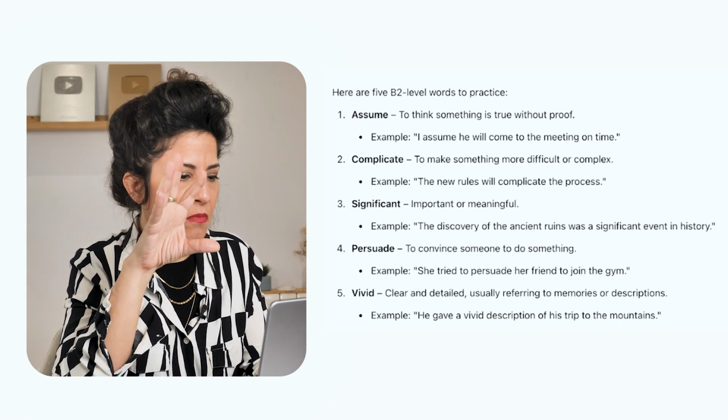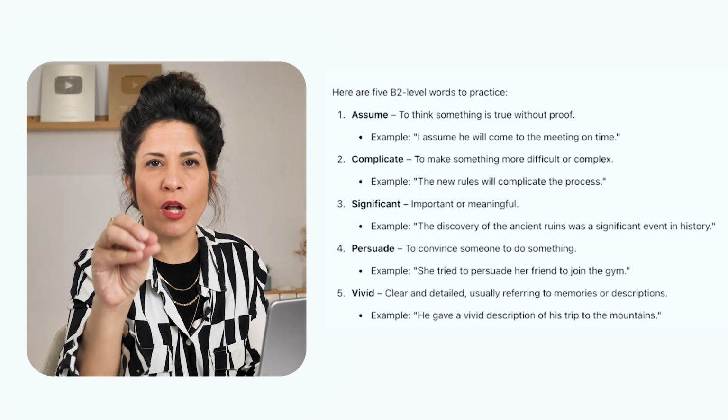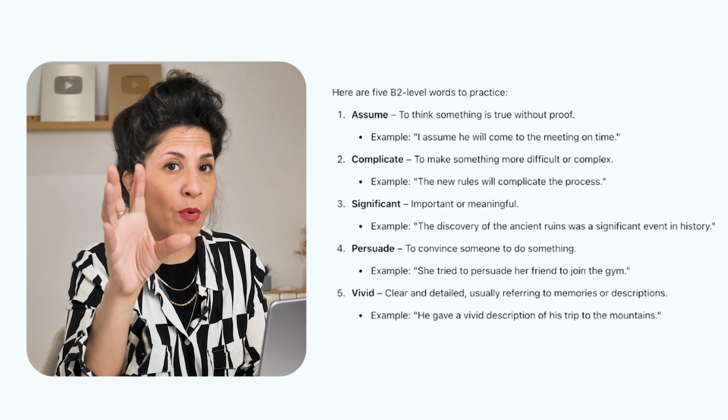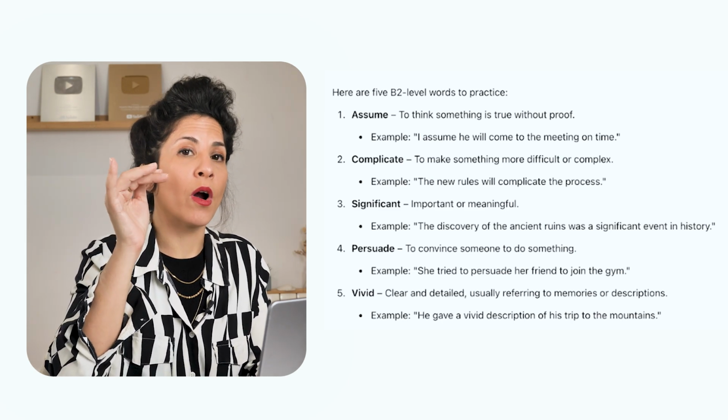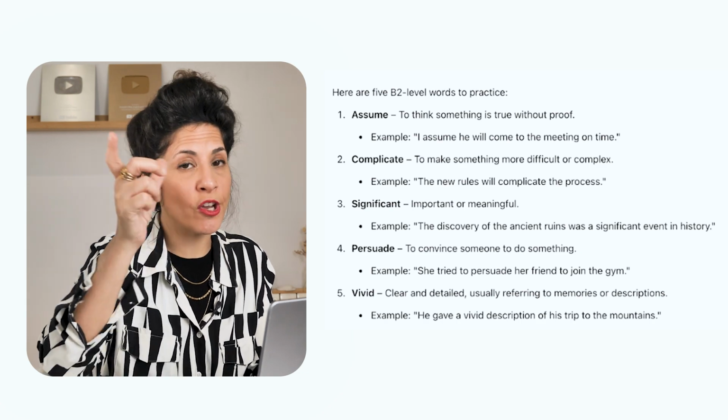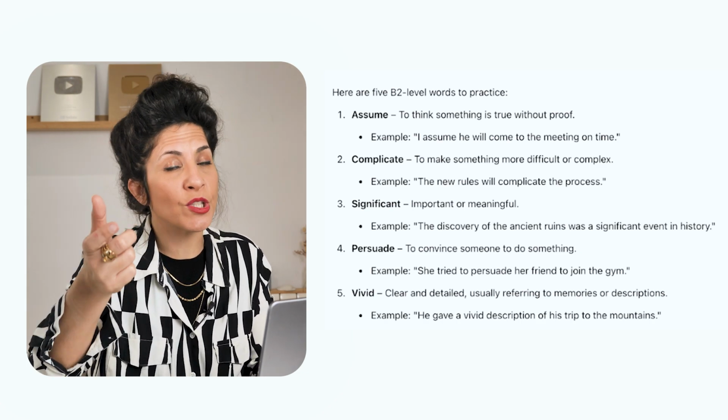So whatever the result was for you, again, remember, you can tweak it. You can ask it to make it more advanced, more basic, change the level, make it A2 level or C1 or C2. And one more thing that you need to remember is that ChatGPT studies you. So when you give it constant feedback about the results that you're getting, it keeps improving.